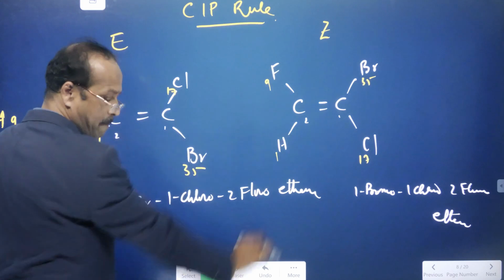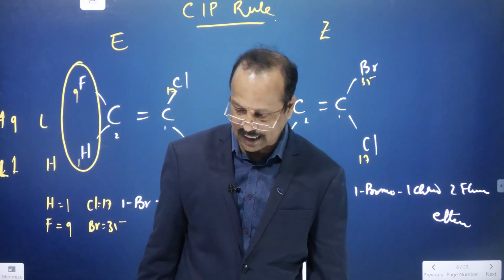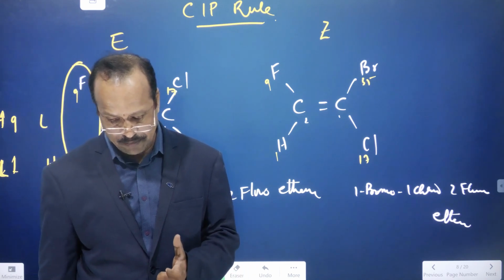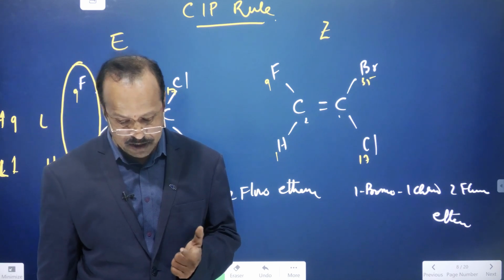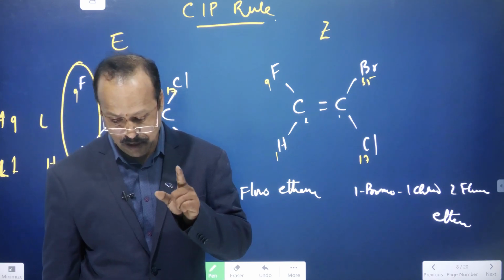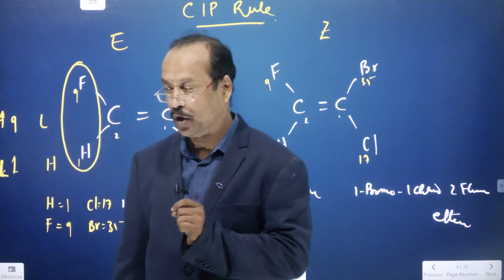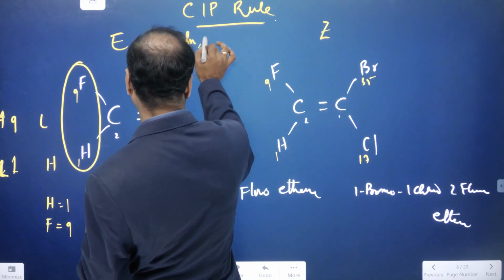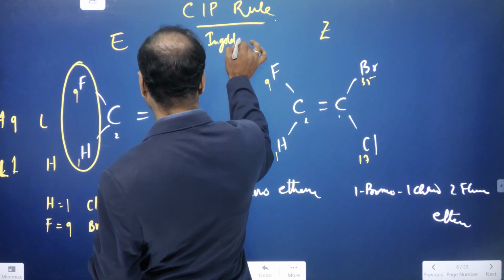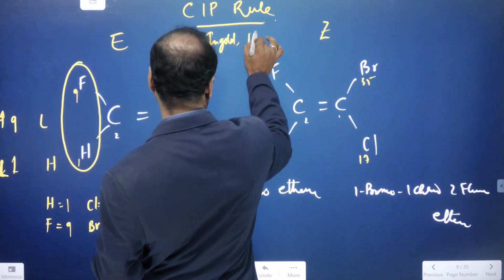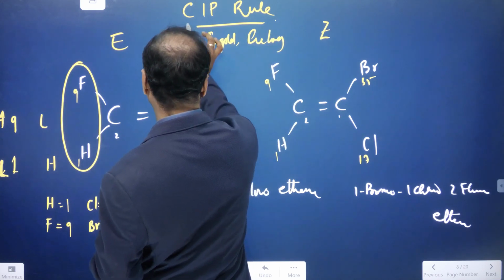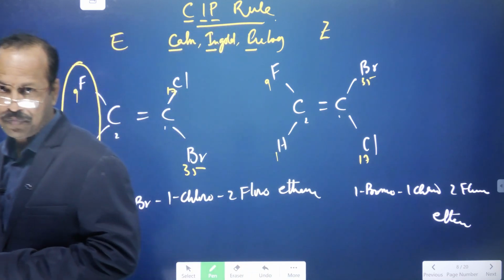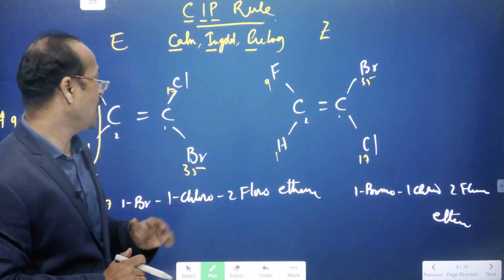If you see the material on page number 97, there is EZ isomerism, and there the E and Z nomenclature is used. This system is based on the priority system, developed by Kahn, Ingold and Prelog. Kahn, C-A-H-N, Ingold and Prelog. So Kahn, C, Ingold, I, Prelog, P. This is called the SIP rule. According to this rule, the priority is given accordingly, and higher notations